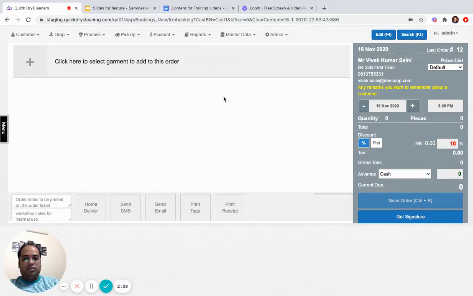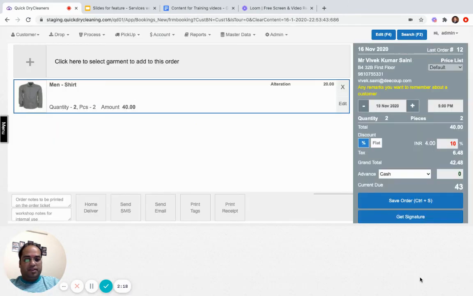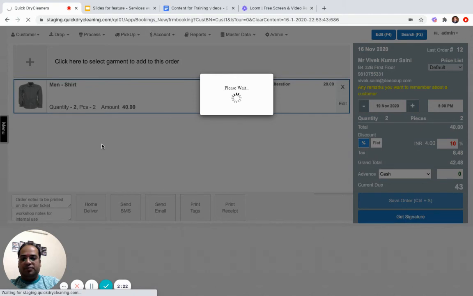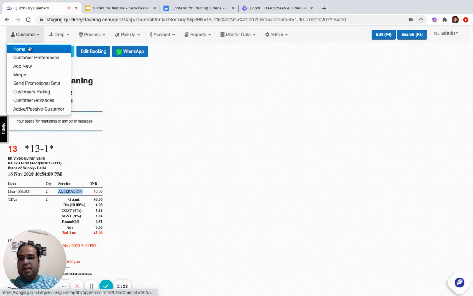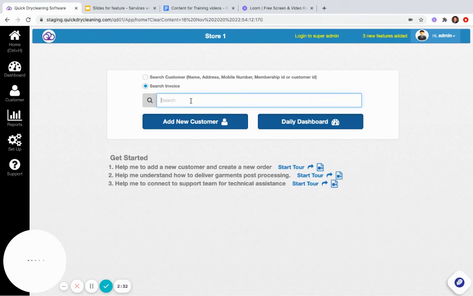I am logged in to the store module. Here I am creating an order for alteration. I'm selecting a shirt and specifying some quantity. Click on add to order and save. This order is saved. Now, as we can see, we have 2 shirts for alteration. If I go to the home screen and then search for the order,